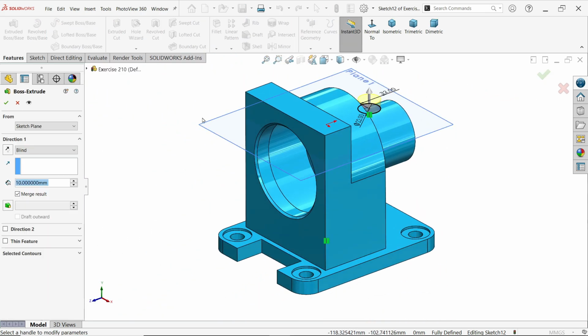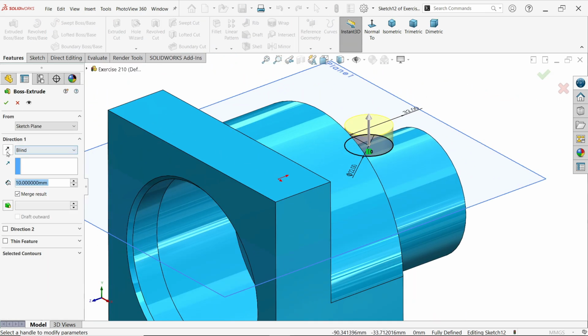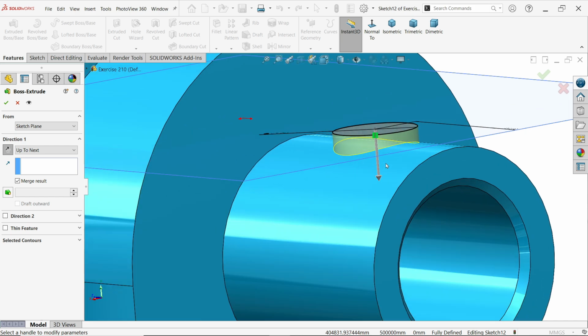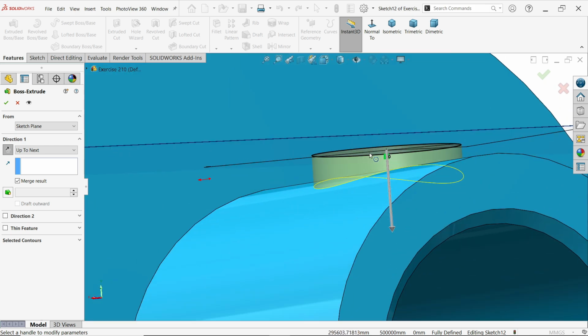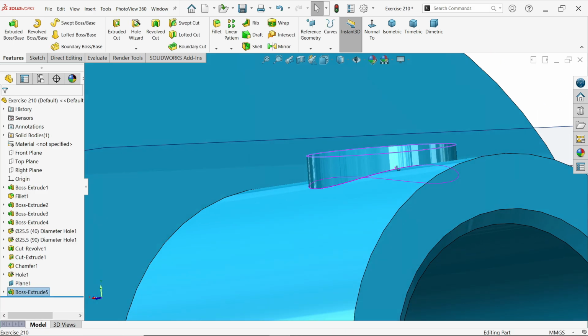Now look, this is moving upper side, so just change direction. And here choose up to next. Okay, I will show you what will happen if we choose up to next. This is going to extrude up to the next surface or next body. Say okay. Look,